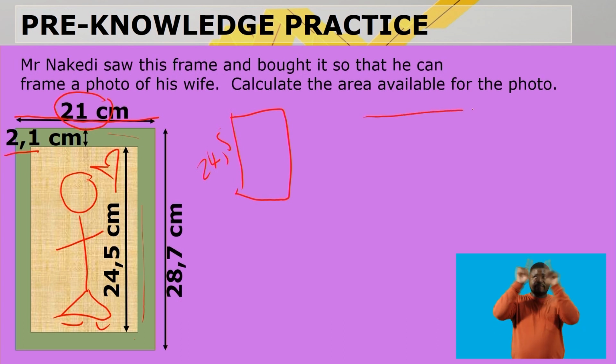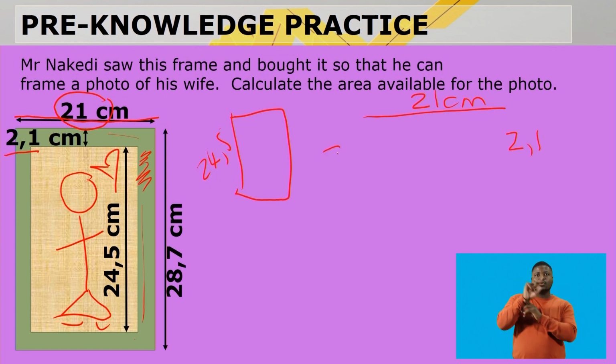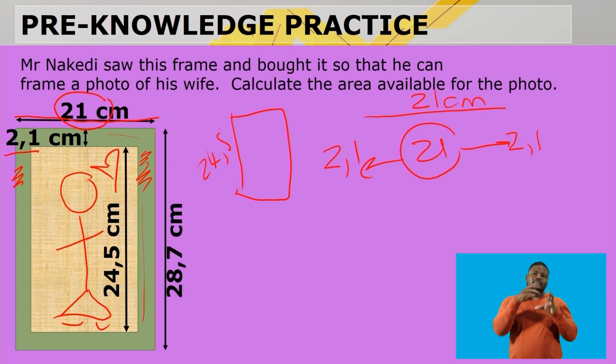So if I have the whole frame of 21 centimeters, here is a part of the frame, so it's 2.1 there, and then on the other side as well, 2.1 there, plus the 21 is then with them included. So therefore, I'm going to say 21 minus 2,1 minus 2,1,